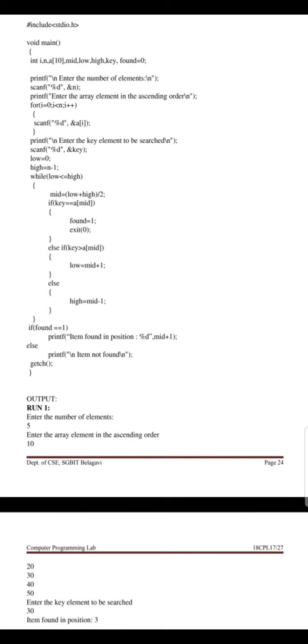So we need to check in the array which number we had entered at the 7th position. Let me start from the beginning. 0th position 2, first position 5, second position 8, third position 12, fourth position 16, fifth position 23, sixth position 38, and in the seventh position 56.